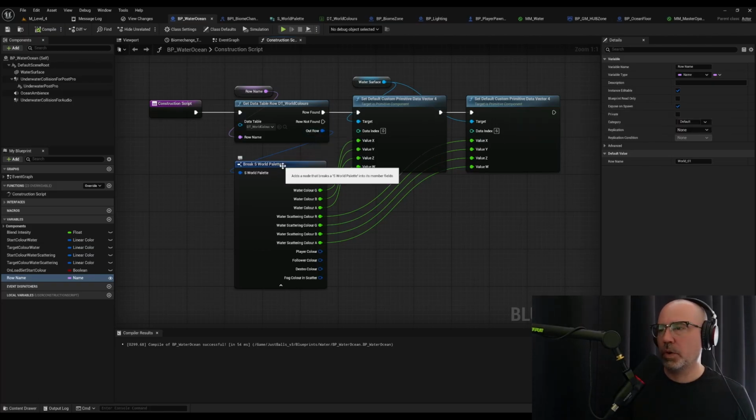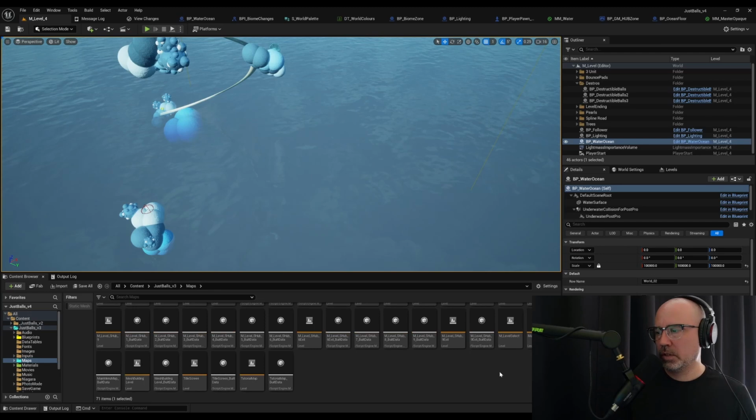And so the way we got that was this out row, we just kind of break the S world palette node, and then you can break these pins and plug them in. Make sure your indices are set up properly. So boom, now if I were to make a new level,